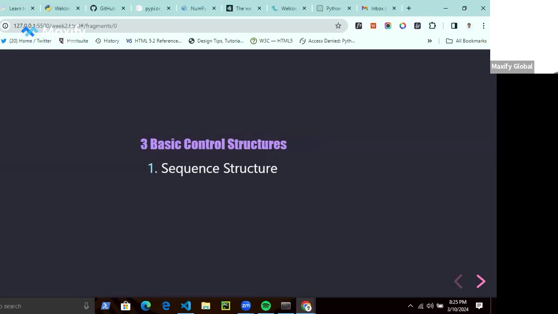So, three basic control structures. One, like I said initially, we have the sequence structure. Sequence structures are essentially ordered statements or subroutines executed in sequence. When you run your code, your program is supposed to run step by step, one line at a time. So sequence structures allow you to write your program step by step, one line at a time, because that's how even the Python interpreter understands your code. It reads it statement by statement, line by line.